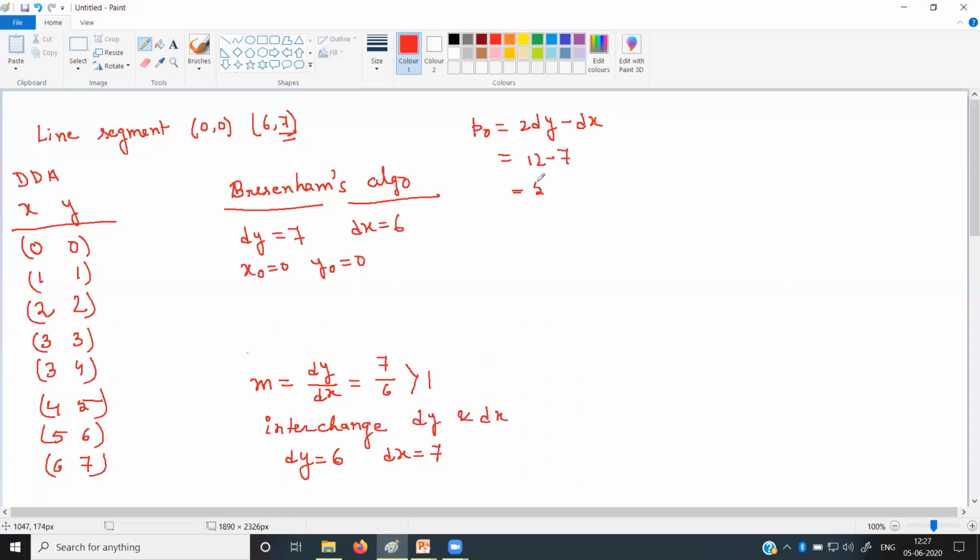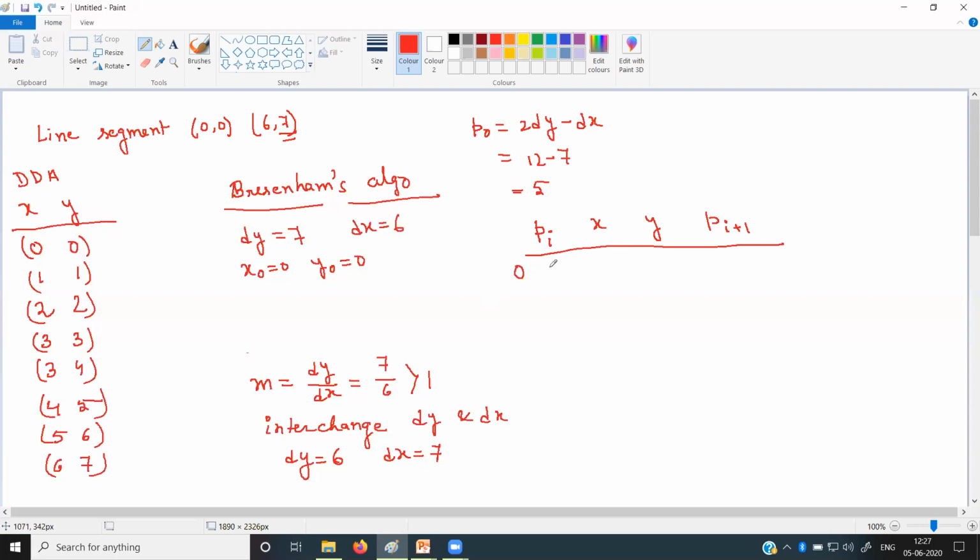So, it will be 5. So my P0 is 5. Now do as here, you should make a table like this one. You put the value of P for the ith iteration. You write down the x value, you write down the y value, and you compute the P for the i plus 1th iteration. So you make a table with all 4 parameters.